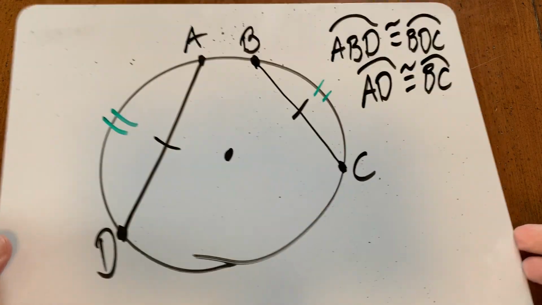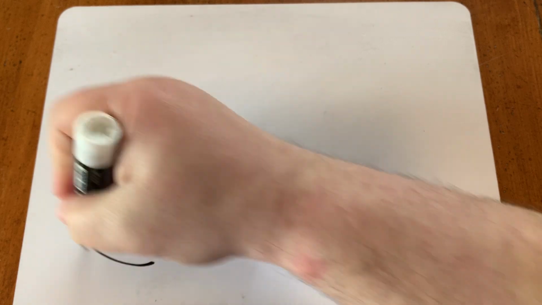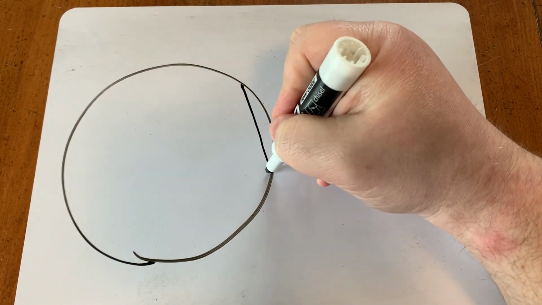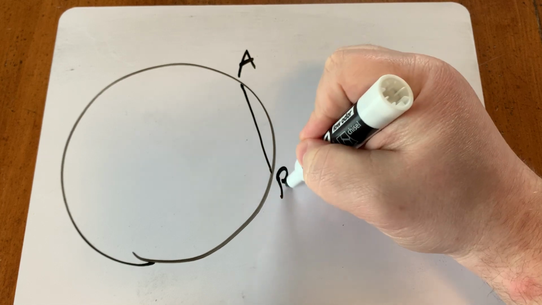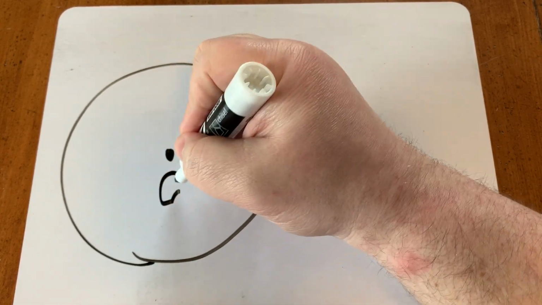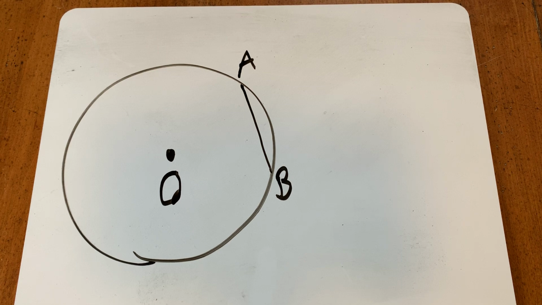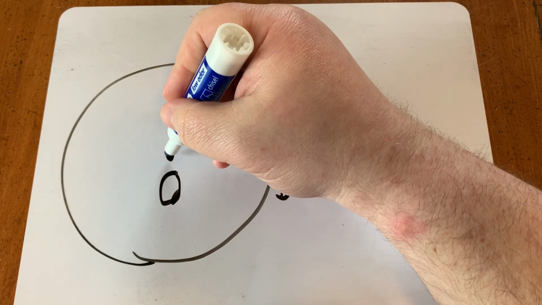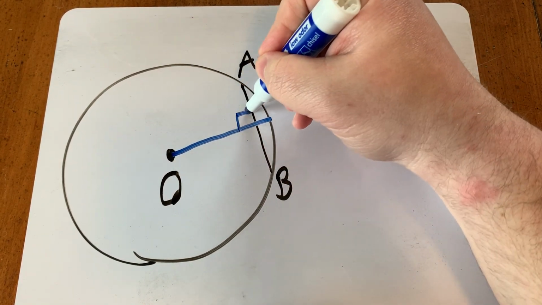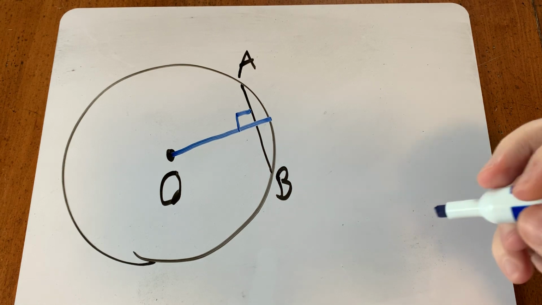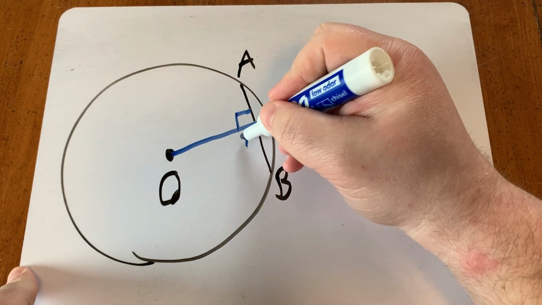Now the chords and circles also create some other relationships. Let's say we had a chord. So I'm going to take my circle and I'm just going to make a chord. I'm going to call that chord AB and I'll have circle O. So we have chord AB and circle O. If you have a radius that is perpendicular to the chord, I'm just going to call that point C and that point D,